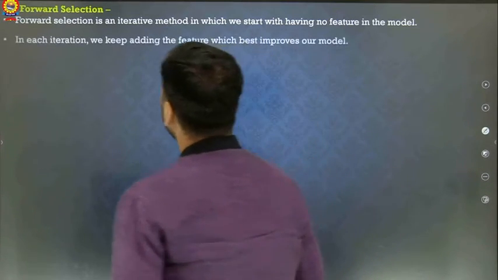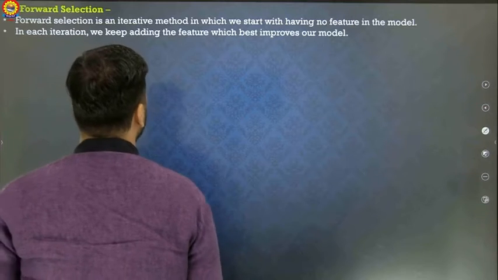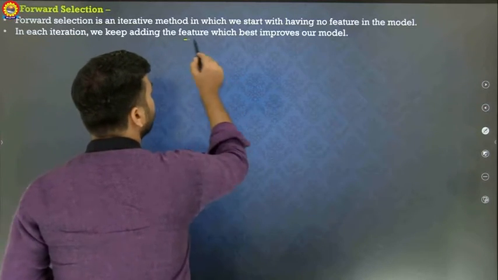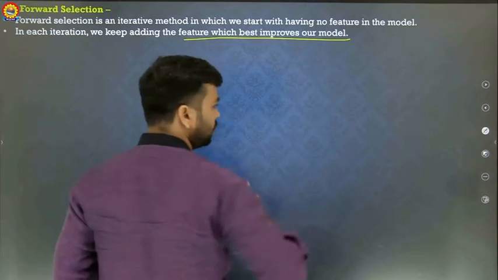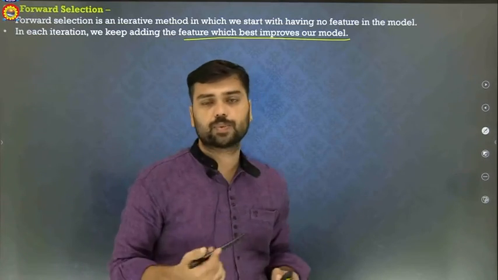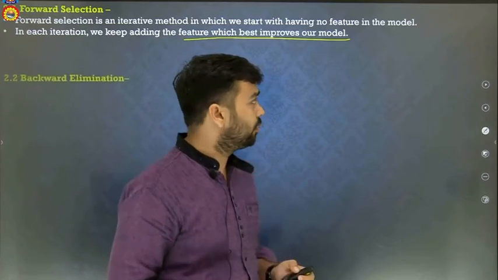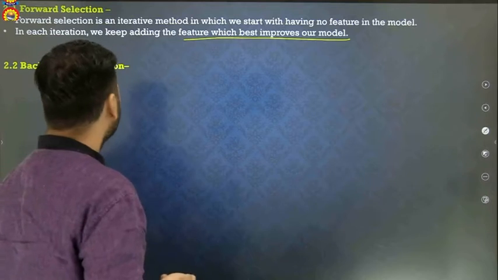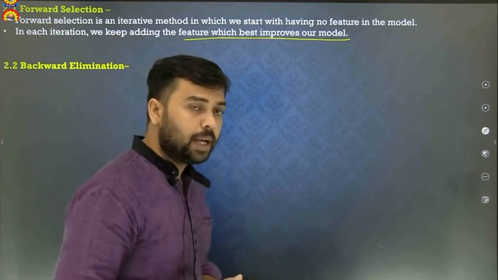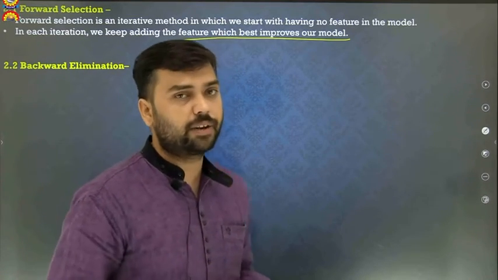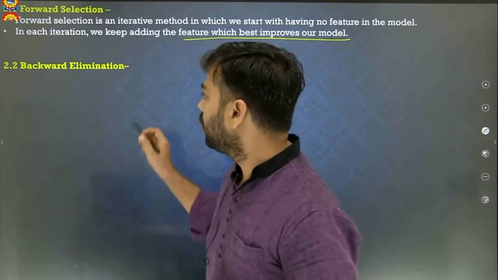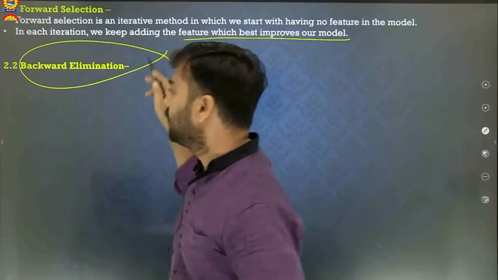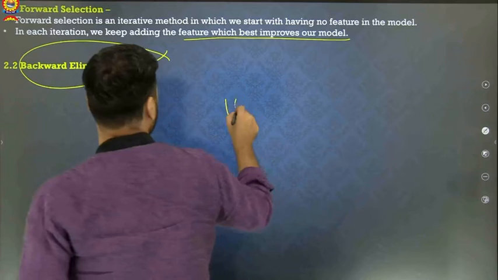In each iteration, we keep adding the features which best improve the performance of our model. It starts with an empty set, but backward elimination is simply the reverse. Suppose there are 100 features, we